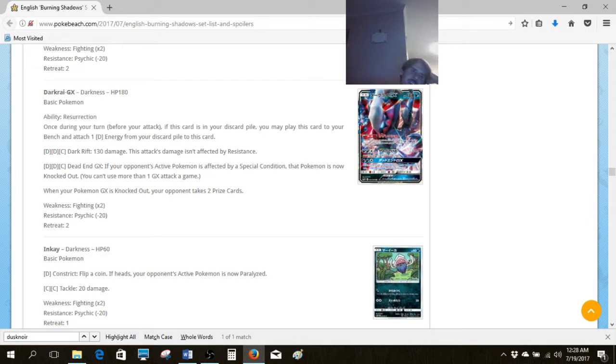So looking at the 2 attacks on Darkrai GX, we don't see anything special on Dark Rift. I mean, that's a decent hitting attack, but it isn't anything to write home about. And then the GX attack, Dead End GX, if there's a special condition, it's knocked out. Now, this kind of reminds me of Darkrai EX, because it has a second attack that heavily depends on status conditions also. In that case, it was Sleep on the defending Pokemon. This depends on any status effect, which is pretty cool, meaning there are more ways to combo it,